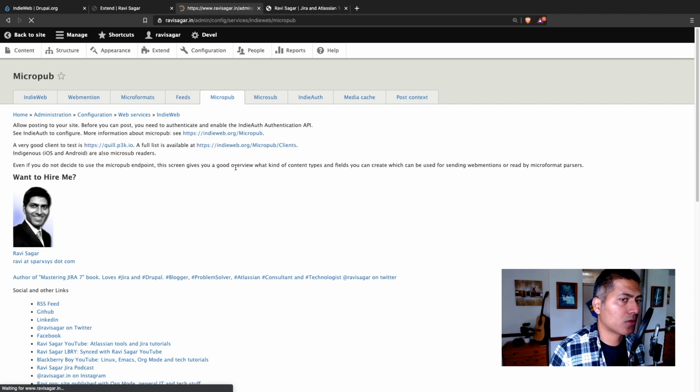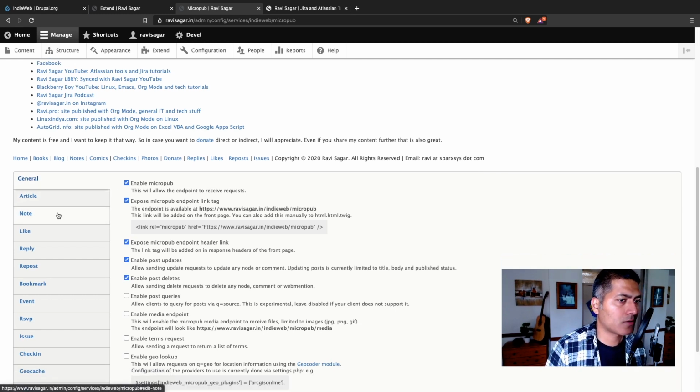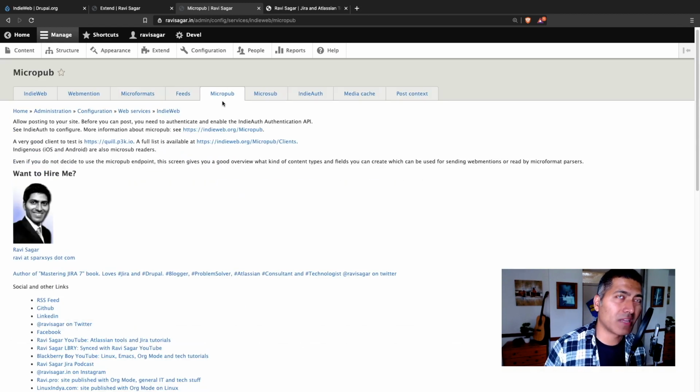Then Micropub is the most interesting tab. This is where you configure how you want to enable your posts to be sent or syndicated to other platforms, other IndieWeb sites. First enable it, and to be honest, it is not very complicated. If you take a look at, let us say, note, you have to enable it. Micropub is not really for sending. I think it is for